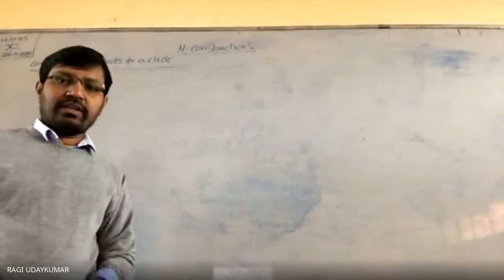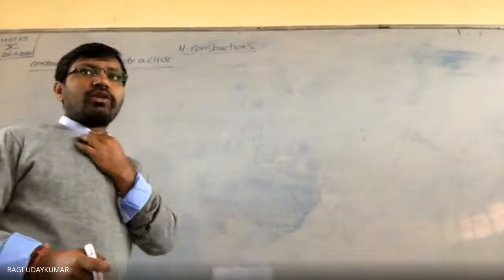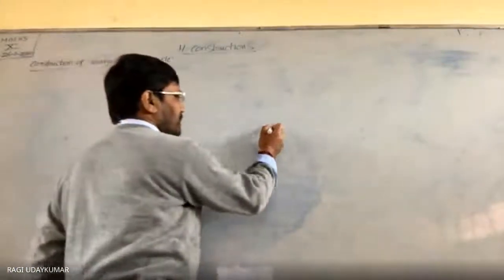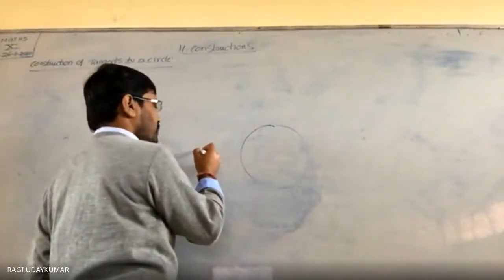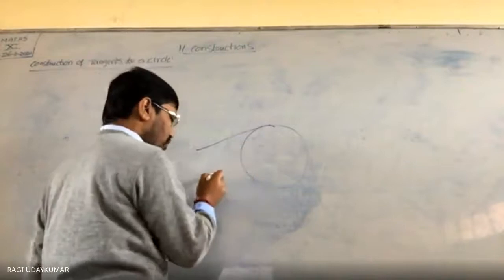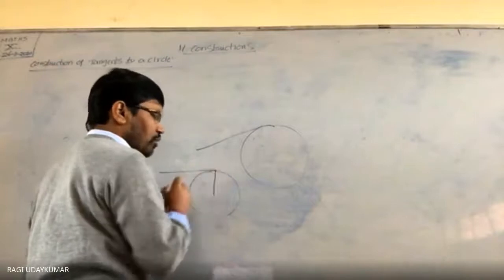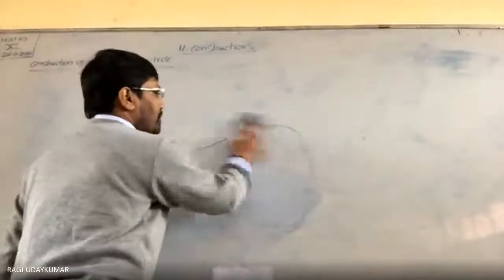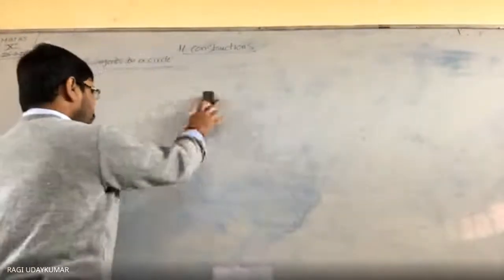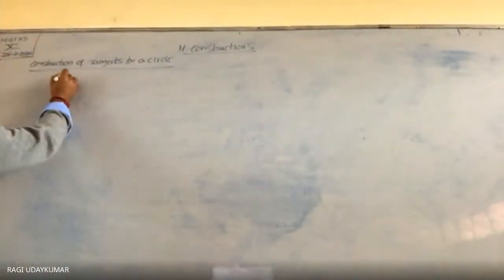The next topic is construction of the tangent to the circles. So normally, how do we draw the tangent? Drawing a tangent is nothing but we take a circle like this, and approximately, as I told you previously, from outside the point like this we will draw. Some students may get confused and draw the tangent like this. If you see, this will not be perpendicular. The main concept is the tangent should be perpendicular to the radius. Okay, so the 11.2 exercise is based on that only.